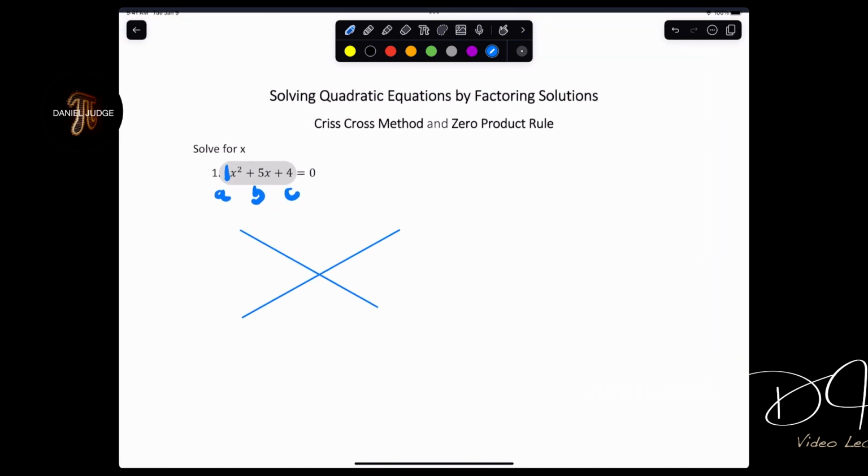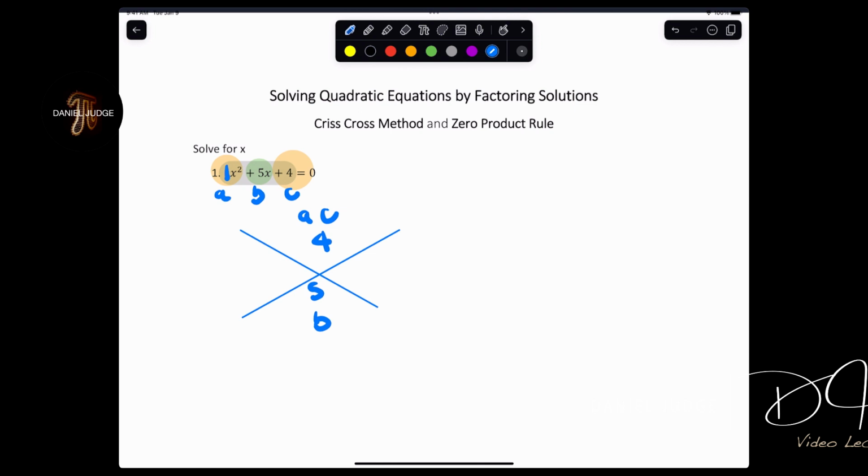Okay, so let's double check here. We have a and c, which is 1 times 4. So I'm just going to label this here for now. That product is 4. And the value of b here is going to be 5. So we're going to put 5 here. And the sum. All right, let's make sure this is